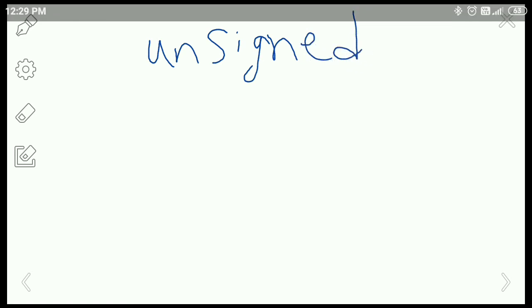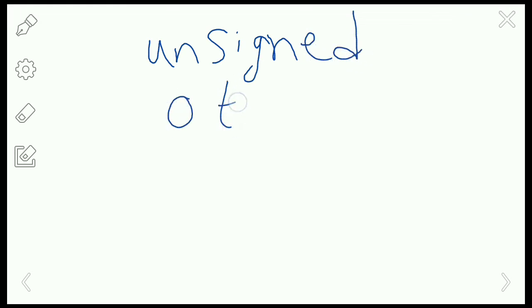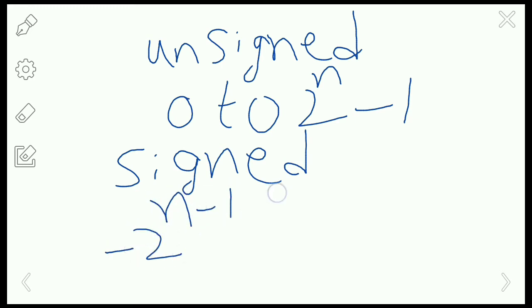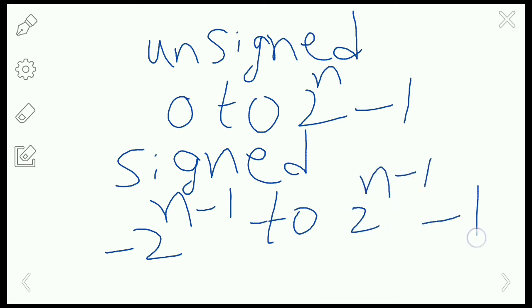For the unsigned, the range is 0 to 2 power n minus 1. Similarly, the range of the signed one is minus 2 power n minus 1 to 2 power n minus 1 minus 1. So this is the range of signed and unsigned.